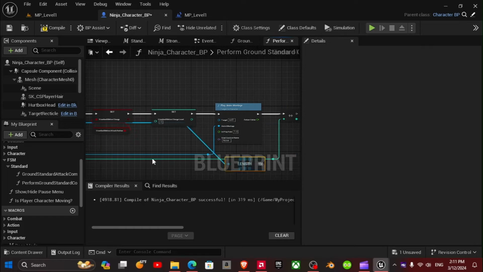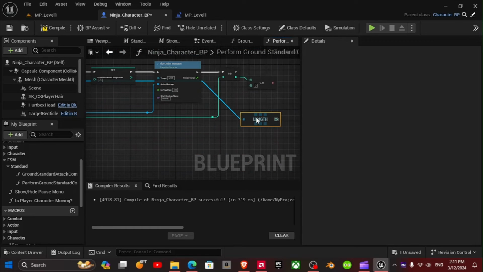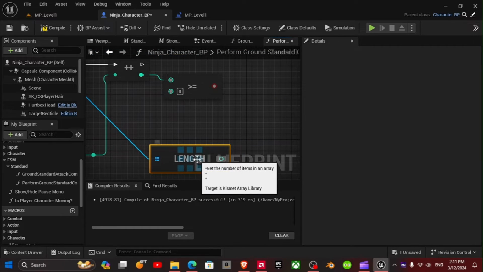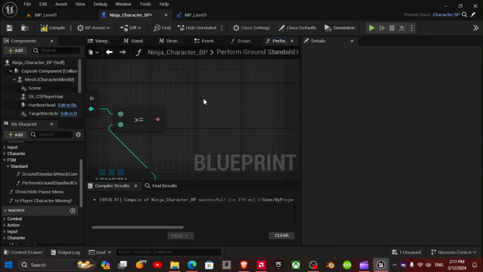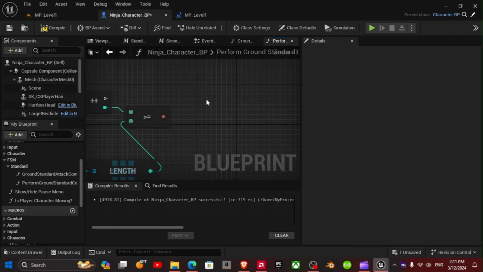And I'm going to determine whether this increment is greater than or equal to the length I have within the combo attack montage.